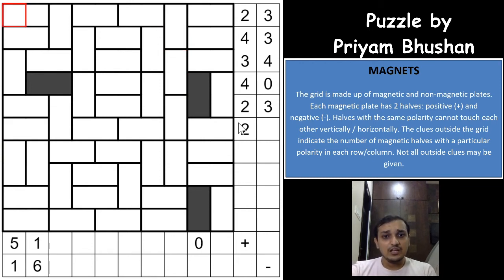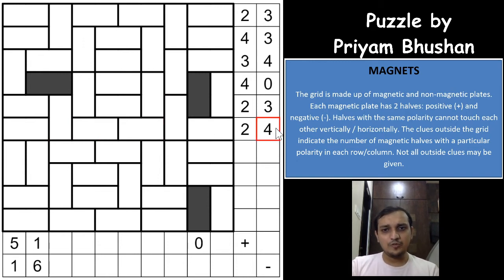Now it means all of the symbols will have to be equal. I mean to say the positive symbols will have to be equal to the negative symbols, right? If you count the positive symbols, you'll have 6, 9, 9 plus 8 is 17, and you'll have 6 here, 9, 9 plus 4 is 13, which means this has to be a 4. You can directly mark that this will have to be a 4, and because of the 4 you will be able to mark a few of the cells that can be magnets, and I'll tell you how.